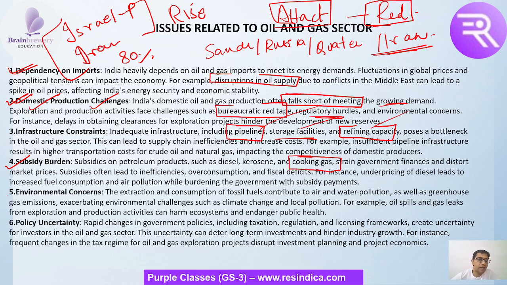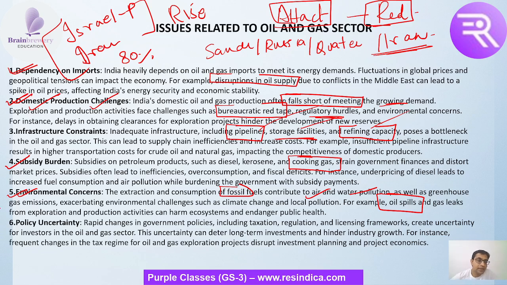Then we have environmental concerns. If we are burning fossil fuel, obviously air, water, land, soil and everything gets degraded. If we go by the concept of oil spills, a lot of oil spills are happening. The British Petroleum oil spill happened in the Gulf of Mexico, and because of that they had to pay a $2 billion fine. A lot of polluting gas emissions and environmental challenges are happening. It is harming wildlife everywhere, and it is even endangering the public health of